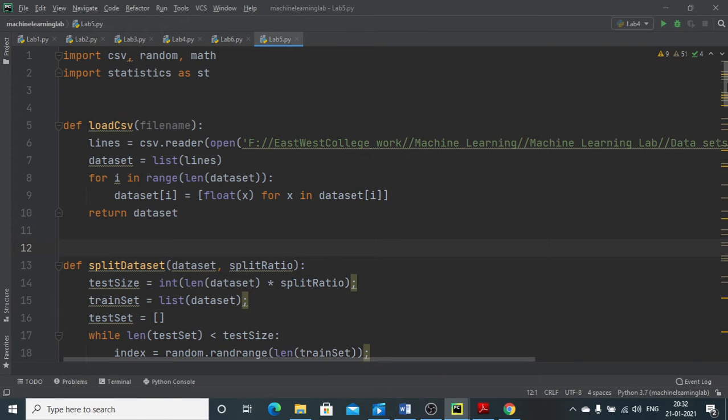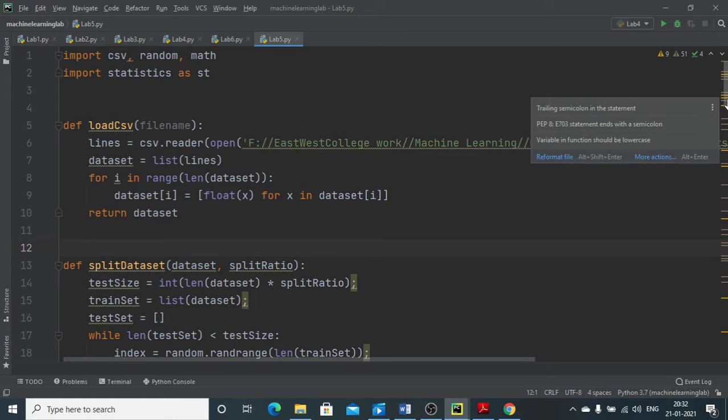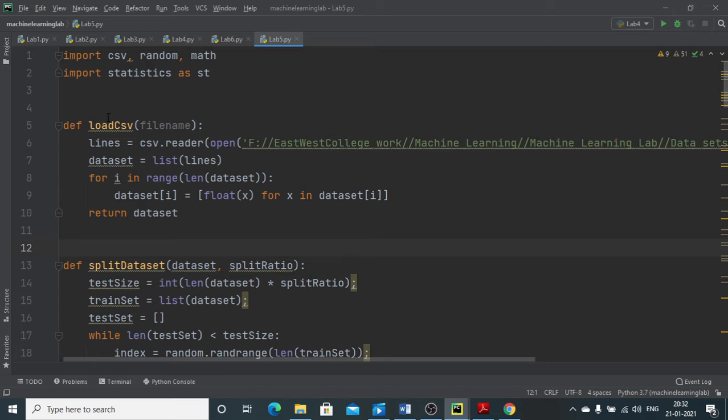So here is our program. Here we are defining different functions. One of the functions is going to load or read your CSV file, that is the diabetes patients data set.